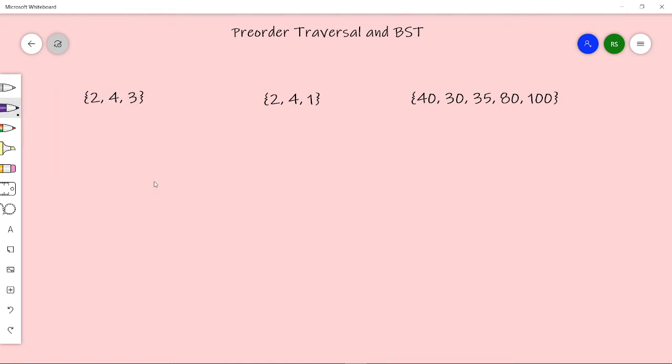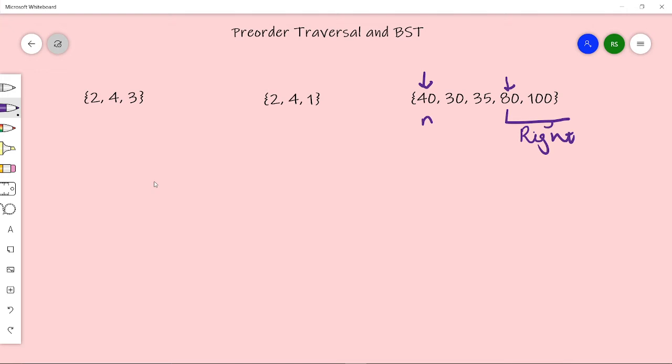So see, suppose I am considering this array. If I am at this position n, and now there is a larger item present after it. What is the first larger item present after it? This is 80. That means this is a part of the right subtree according to the binary search tree. According to binary search tree, if the values are greater than the root node, then this is a part of a right subtree. So from here my right subtree is starting.